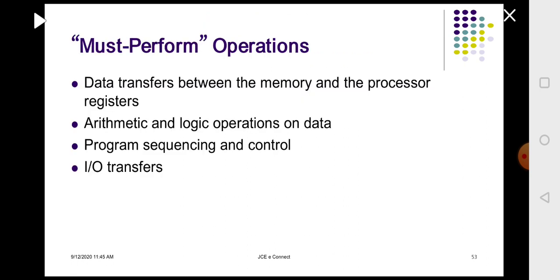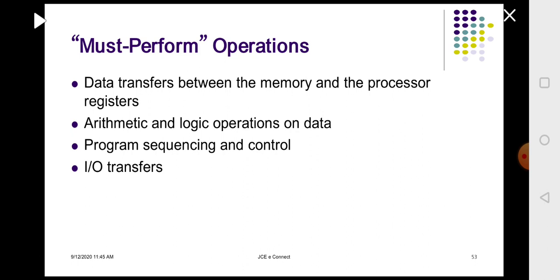We know a computer performs a task according to the program stored in the memory. A program is a collection of instructions, and instructions inform the processor to perform a basic operation like addition, subtraction, multiplication, division, logical operations like AND, OR, and other operations like reading the key from the keyboard, giving the print command to the printer, etc.